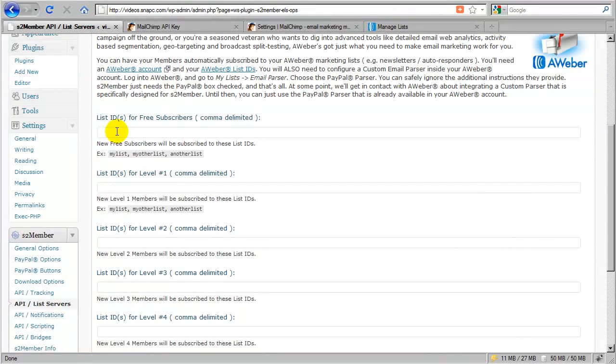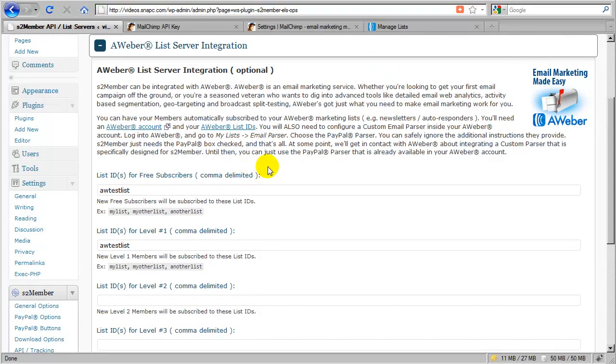This would serve as the list ID, AW test list, and I'm going to configure the same one for level 1. Okay, so it's that simple. Now Aweber is integrated. Now there is one additional step that has to be completed in order for this